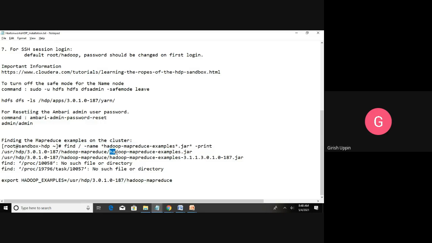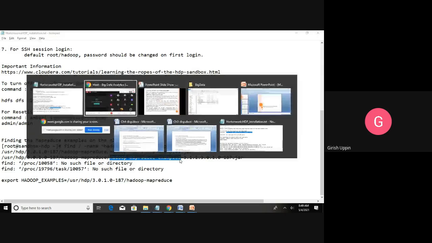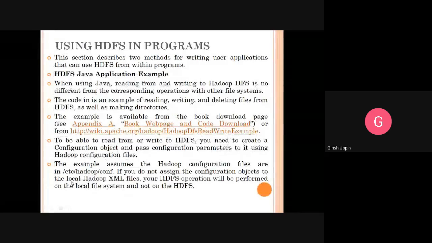So you can see we found one jar file here, and another one here. So this is how you can use the find command if your installation is different. You may not always find the actual directories because it depends on what version of the installation you have. So for that, you have to search the file system.